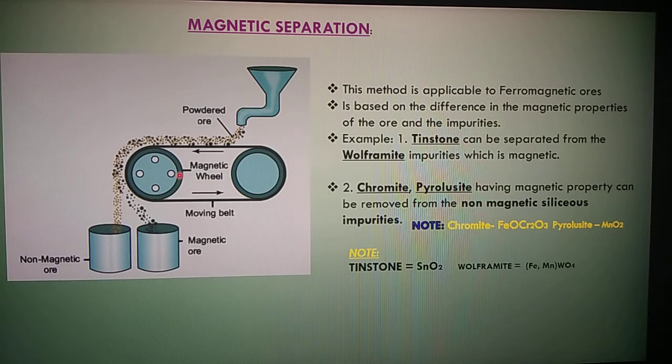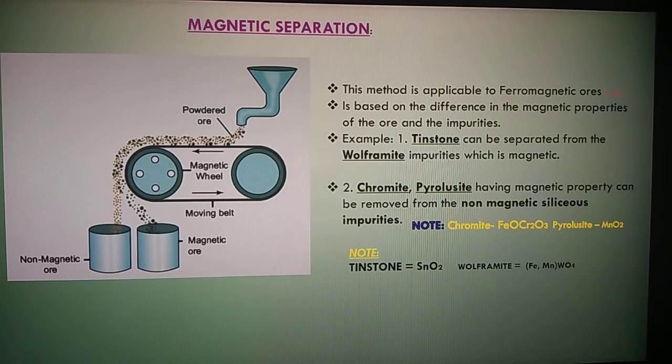Dear students, this is the fourth part of metallurgy. Our topic is the magnetic separation process. This is one of the concentration of ore processes. This method is applicable to